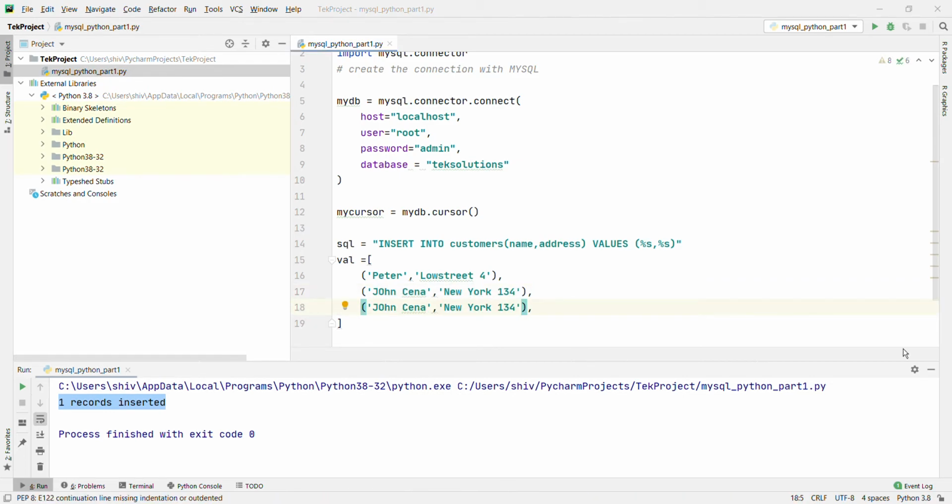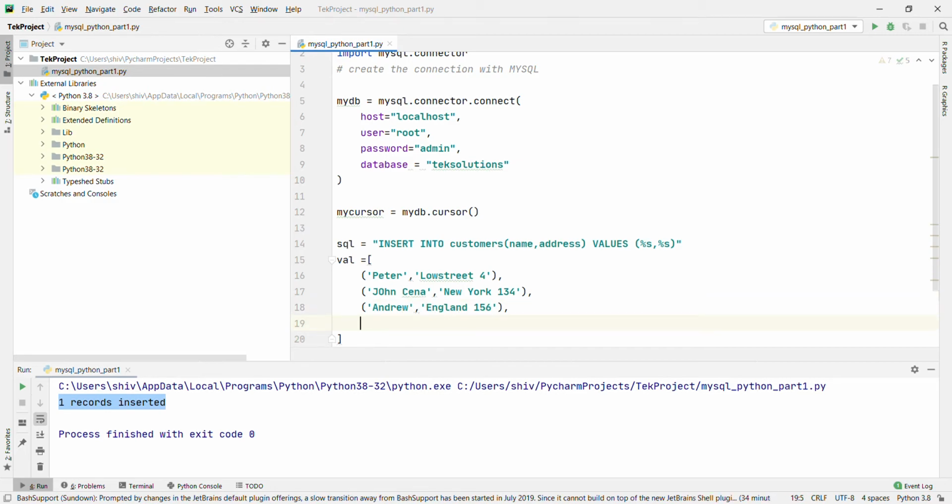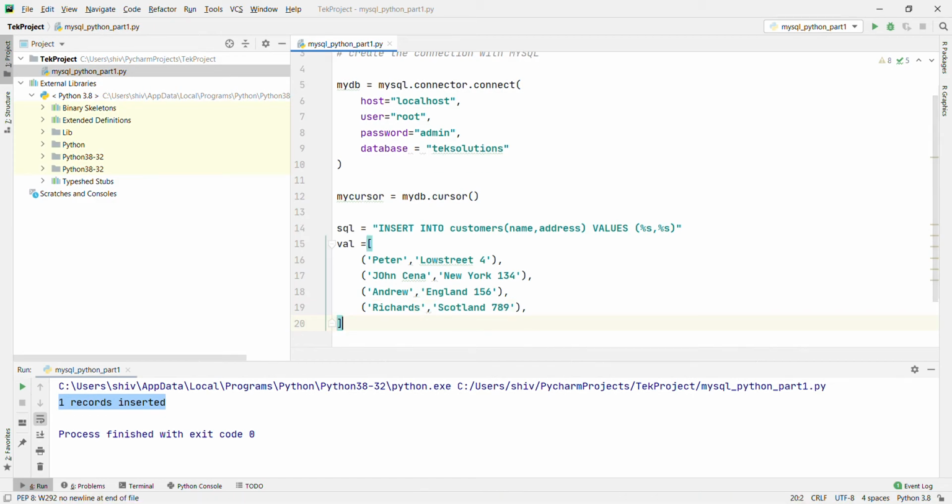Copy and paste. Henry, England 156. Okay, Richards, Scotland 789. Okay, four values I am going to insert into the customers table.